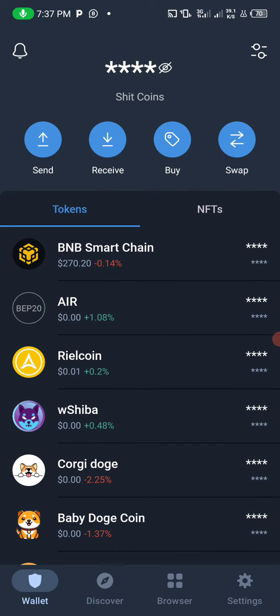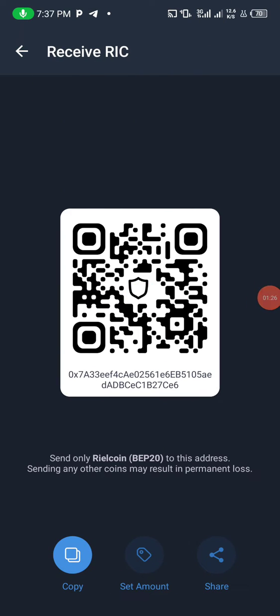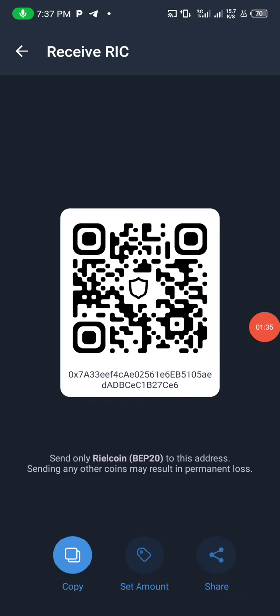So once you are there, the next thing is to get your receiving address. Now, if you want to receive from anybody, then you have to click on receive. You click on receive, you send this scan code to the person, or you copy this. So you click on this to copy your contract address. And while copying, you need to know the very network that the project is on. Like this very one, this is a BEP20